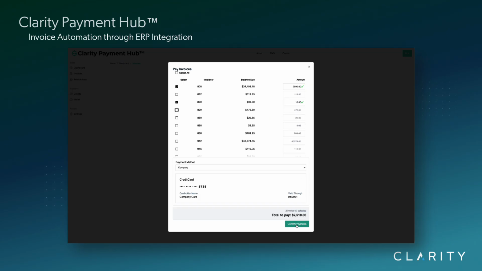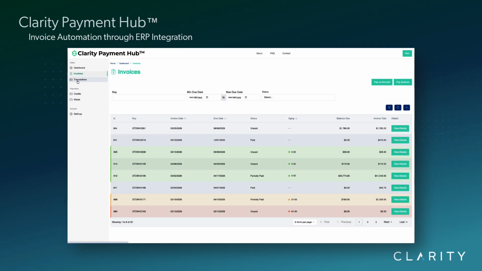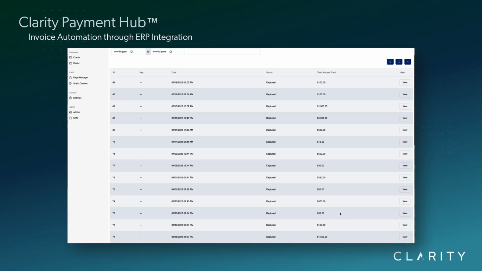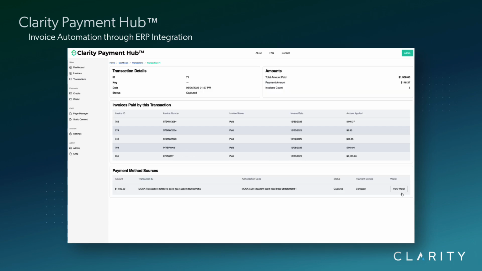Speaking of transactions, let's look for a payment. Clicking on the Transactions tab, we have a matrix showing every payment captured. I'll go down and select a payment that I couldn't figure out where it went. In the summary, I can see the total was $1,500, but that it was applied across 5 invoices. Below, I get the view that shows me the 5 invoices and the individual payments that were made on each